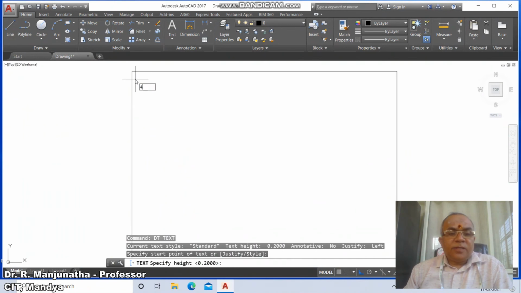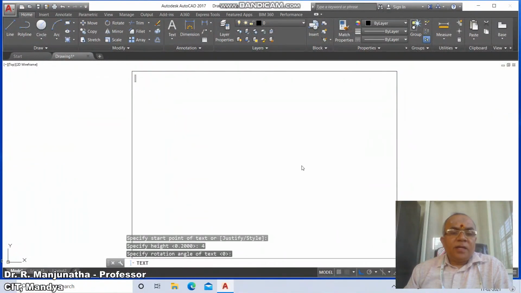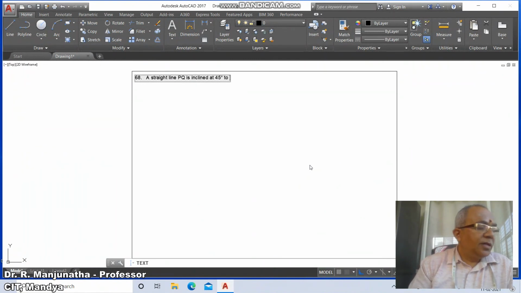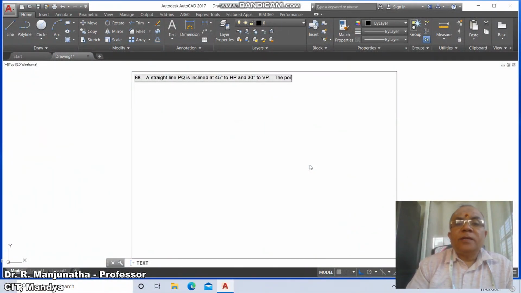So specify height, you take 4 and the rotation angle is 0, and now we're going to type the text. So we're going to take the 68th problem: a straight line capital PQ is inclined at 45 degrees to HP and 30 degrees to VP, and the point capital P is in HP and the point capital Q is in vertical plane.